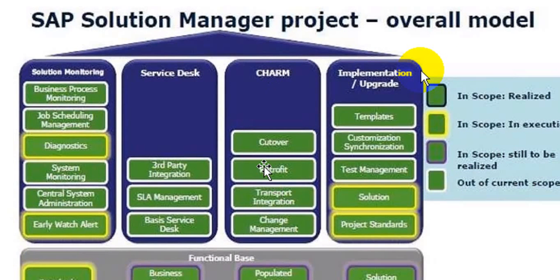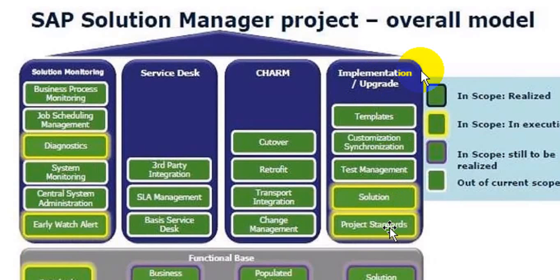These are all related to the TR, transport request. If you want to move the transport from one landscape to another landscape, from one system to another system, it will provide the information in this chart. And implementation or upgrade: if you want to do an upgrade, such as a patch upgrade, for example a Solution Manager upgrade, or want any information, it will provide information like templates, customizing synchronization, test management, solution,